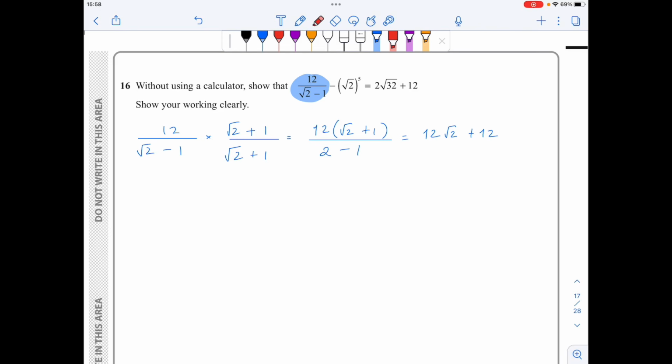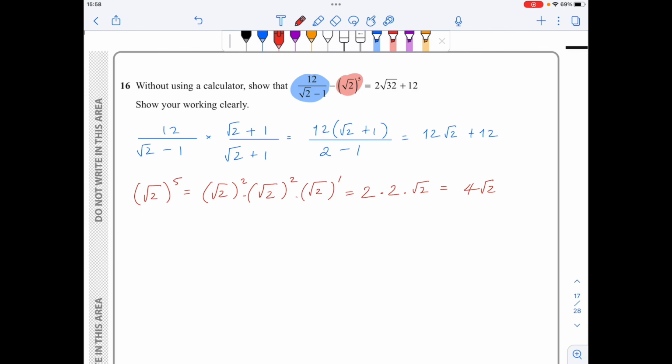For the second term of the left-hand side, square root of 2 to the power of 5. Consider this to be square root of 2 squared times square root of 2 squared times square root of 2 to the power of 1. The sum of the powers is equal to 5. Now the first one, square root of 2 squared, gives me a 2 because the square root and the power of 2 cancel out. Same with the second one, the last one stays the same, so this gives me 4